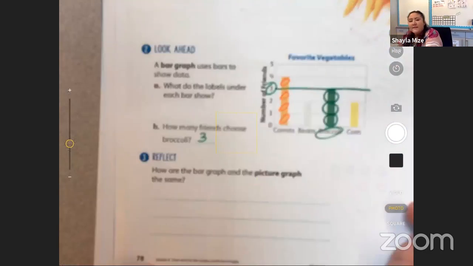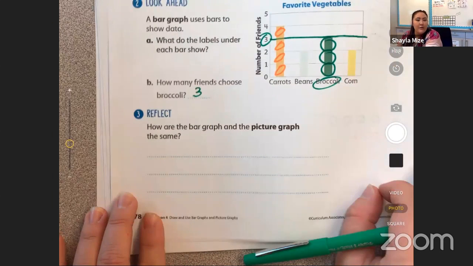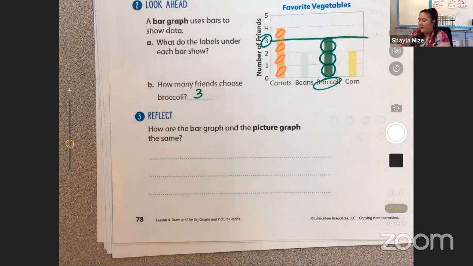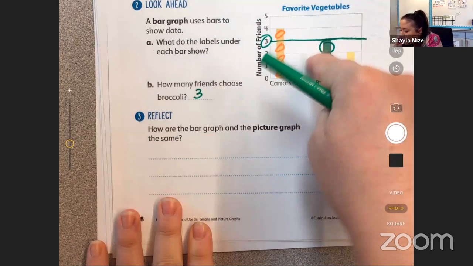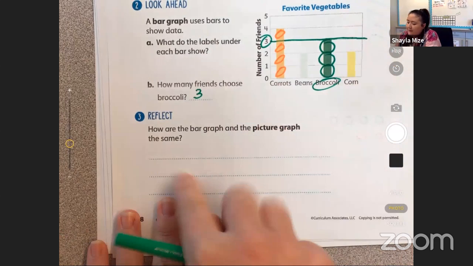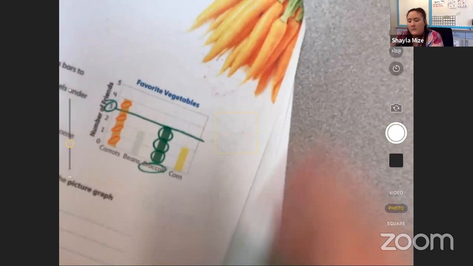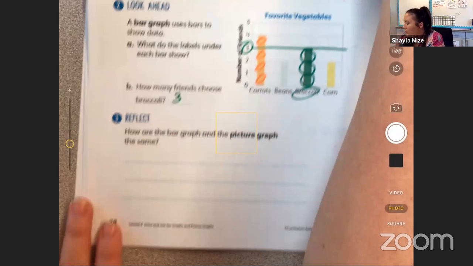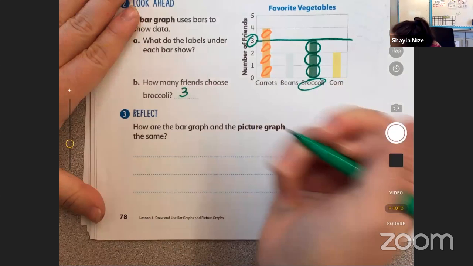Okay, this is your own reflection. And then I'm gonna ask friends to share their writing. So everyone should be writing under reflect. How are the bar graphs? So how is this bar graph and the picture graph right here the same? Write in your own words. And I'm gonna say, here's the sentence frame. The